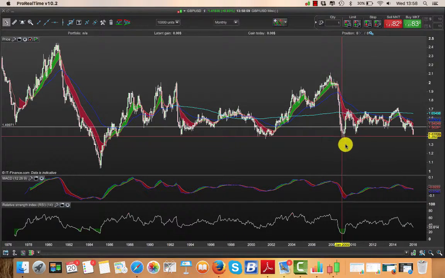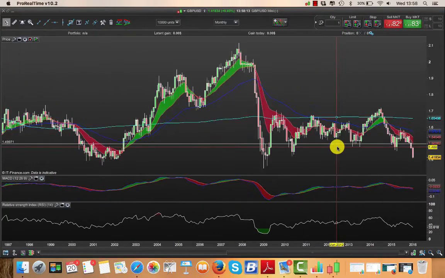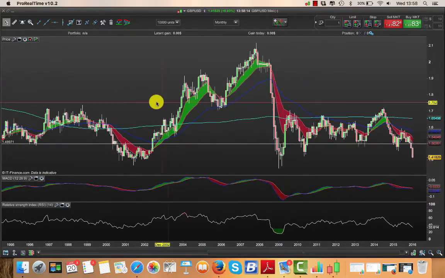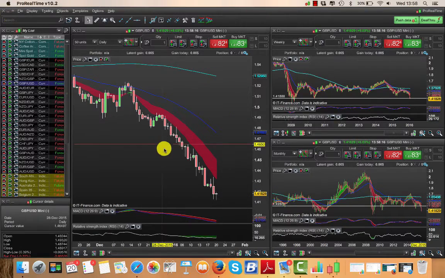But potentially, could the British pound further weaken against the dollar? Absolutely, yes, it could. But we are not betting people. We try and trade in highest probability. We try and use our technicals, our price action, our technical indicators to give us the highest probability of where price is going. And if I look at the daily, the weekly, and the monthly,